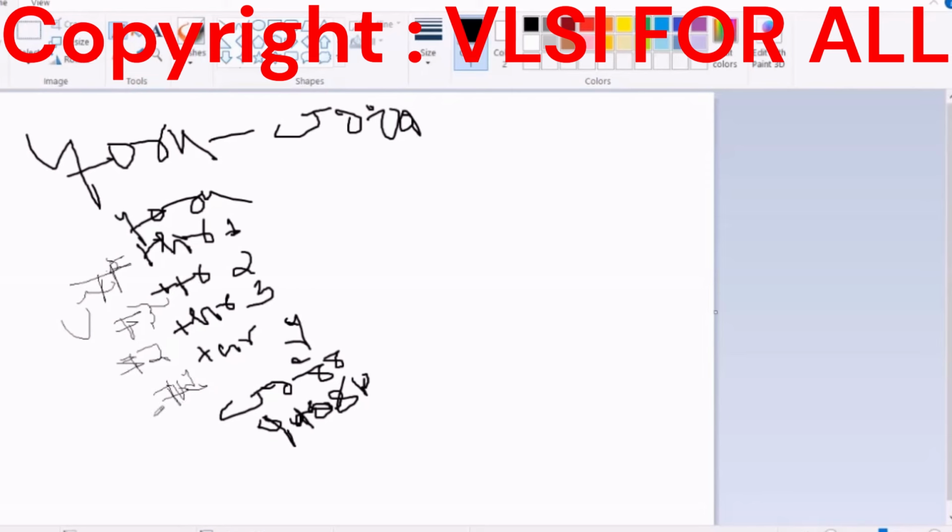Any of the one, first it will check. Okay, any of the one is executed, fine. That means thread 4 is executed, so it will come to the join statement. It won't execute the whole thread 1, thread 2, thread 3, no, it won't execute. First it will check which thread is having the less delay. Whichever thread is having the less delay, first it will execute that one, then after it will come to the join